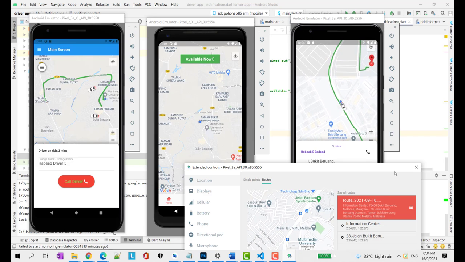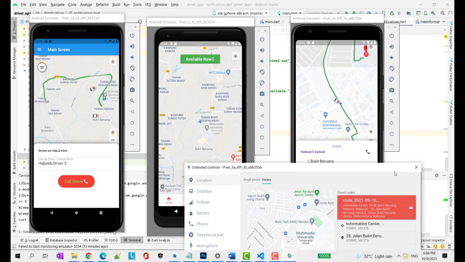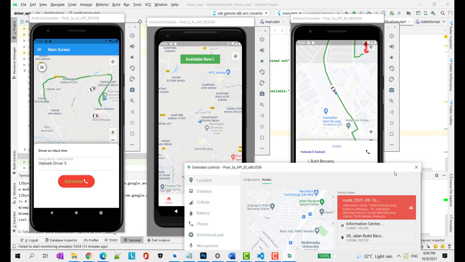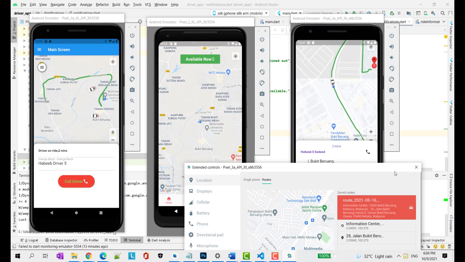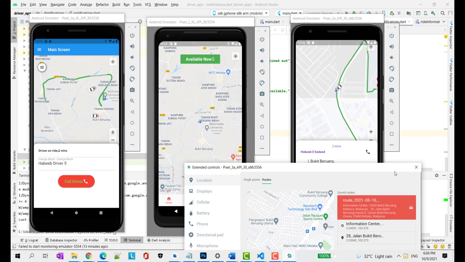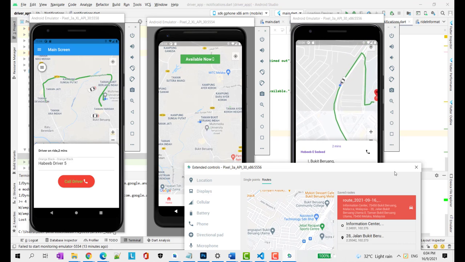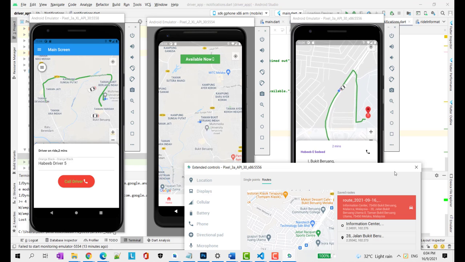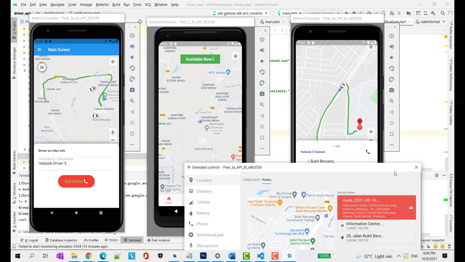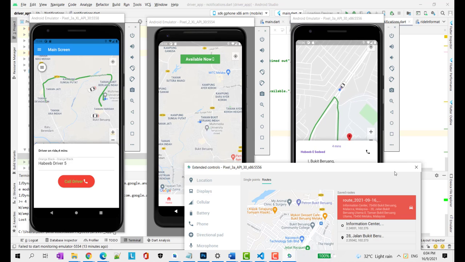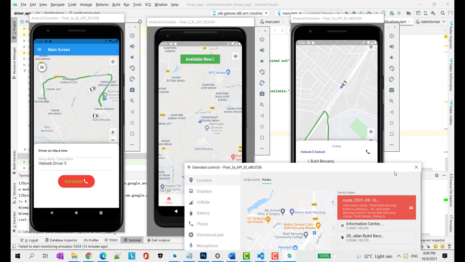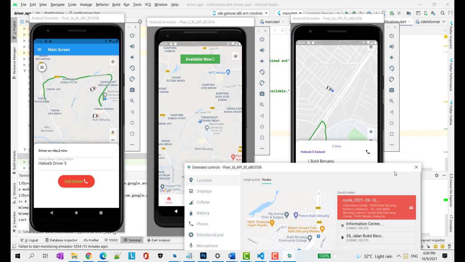So that's why the timing is being changed in real time. So let's see. It should go near the rider's position, and then the car should stop once it has arrived.